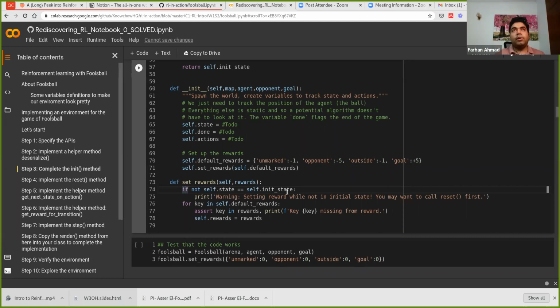The other rule was that if you want to take the ball out of the field, so for example, if you're at the top left and you want to go left, or you want to go further up, then we want to still penalize you with the same penalty of -1, right? And then if you run into an opponent, then there was a penalty of -5. But if you happen to reach the goal state and score a goal, then there was,